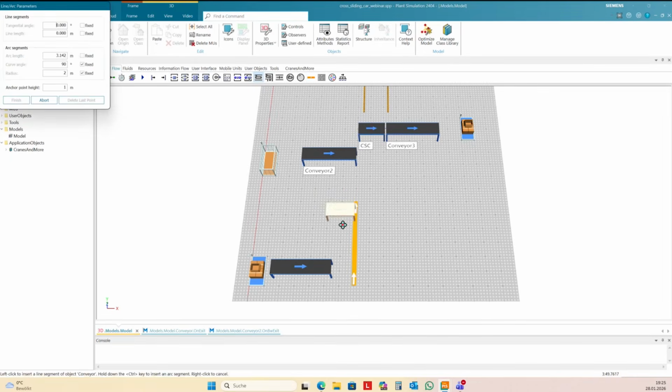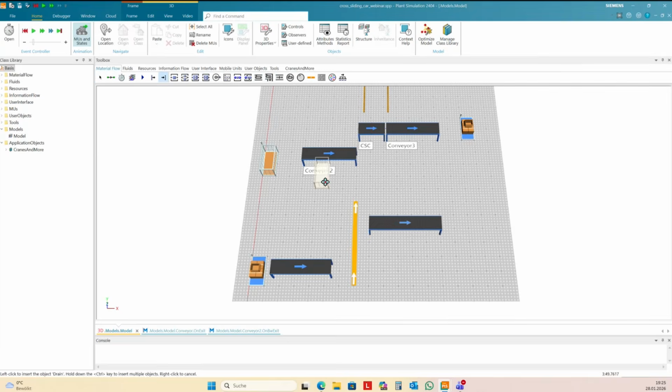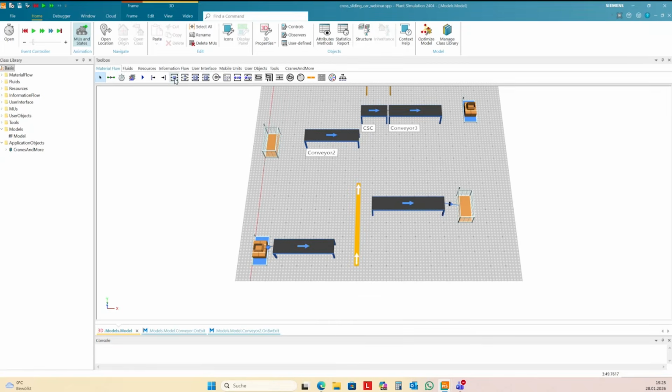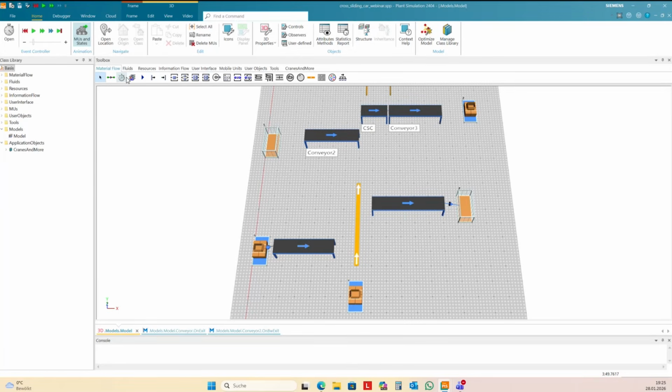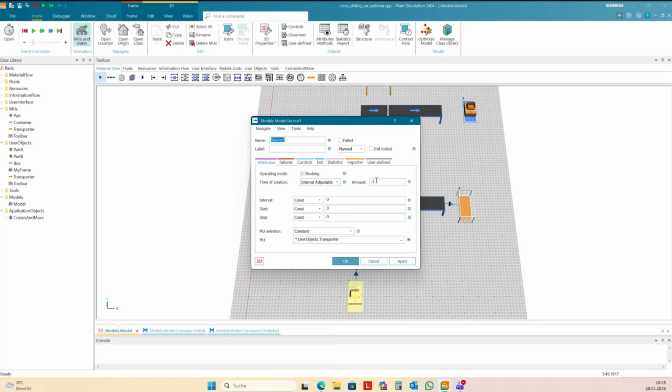And again a conveyor and a train. And I place a source here for a transporter. I duplicate the transporter here, and this should be the transporter the source creates, only one.